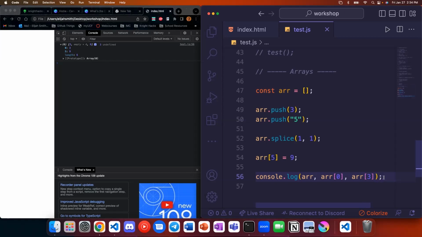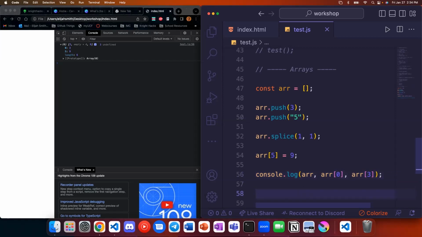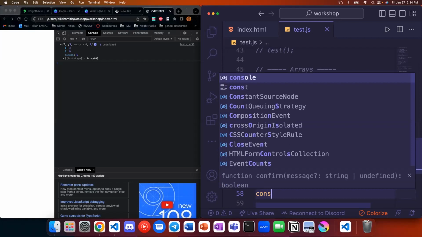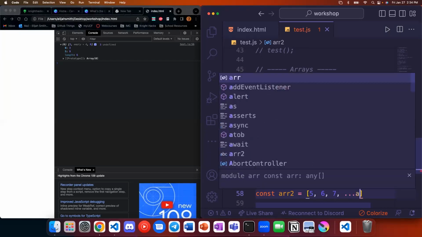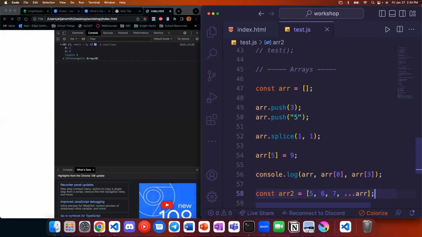Other cool things you could do with an array. Let's say we have this array and we want to make it into another array. We want to make a bigger one. We can have a second array here, and let's say we want to add a bunch of fixed things. We can use a spread operator, which is 3 dots.